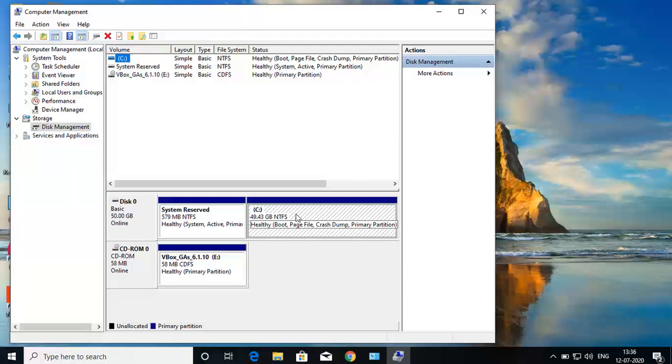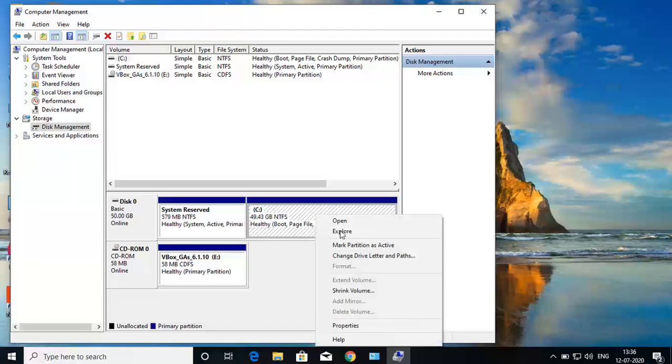We have to partition it without formatting. So for this we will right click here and select Shrink Volume.